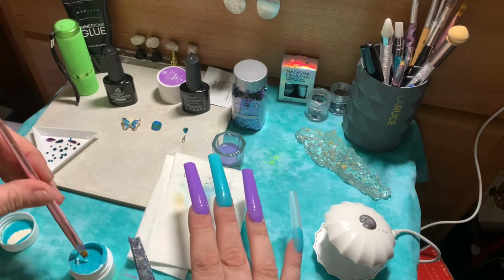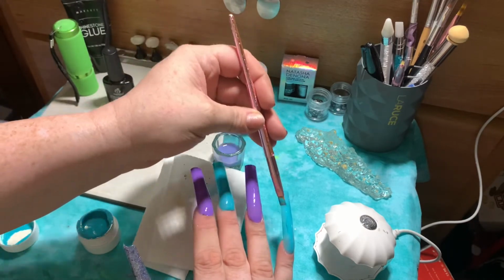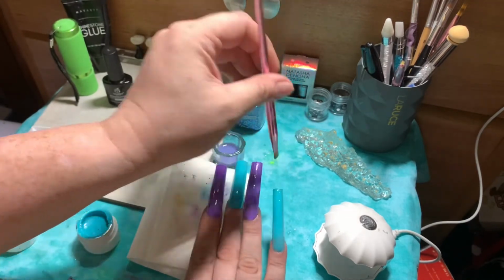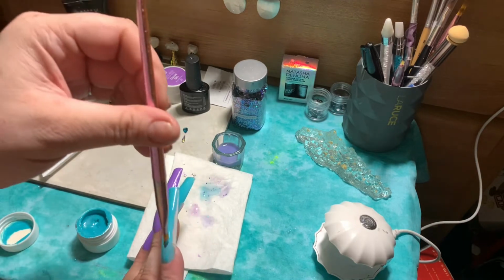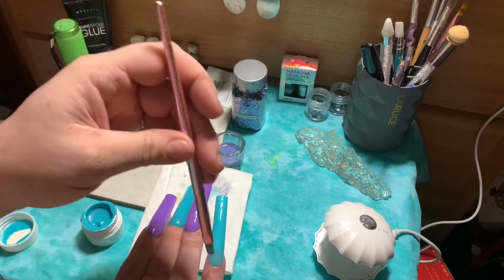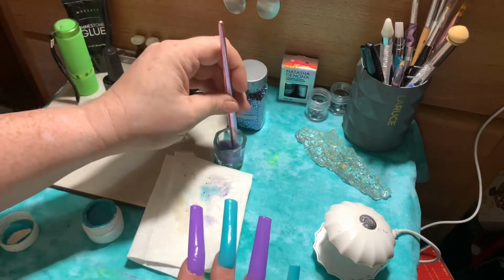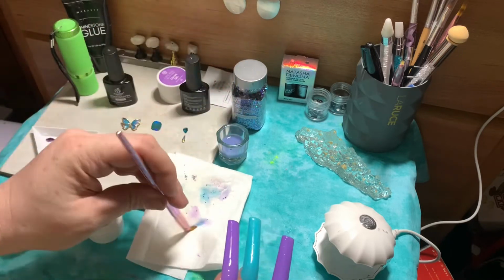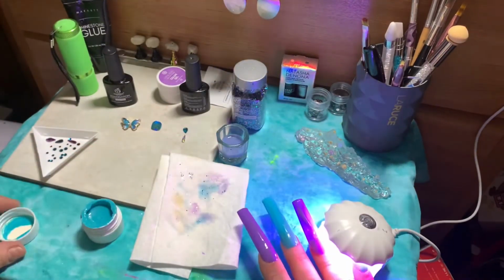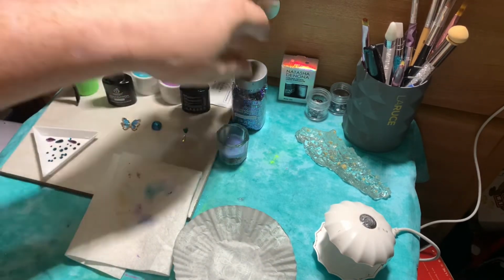Now I'm painting that pinky finger, that really pretty aqua color. And like I said, most of these nails got 2 coats. One medium one and then one light one. It just only shows that they got 1 coat because I was using the editing so that the video wasn't an hour long. Because just with how long the lights take, it can take a video over an hour. Because you got to think sometimes you're putting your finger in a light over 5 times. So anyway,